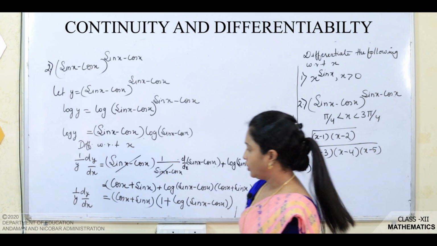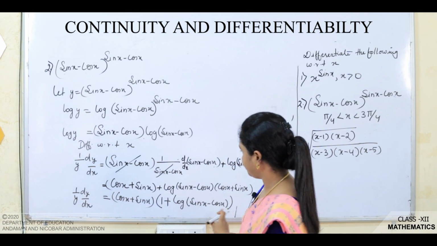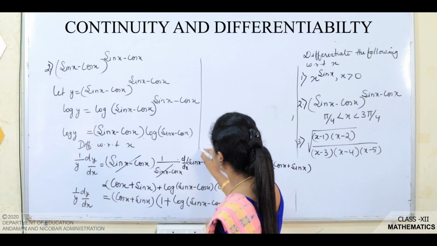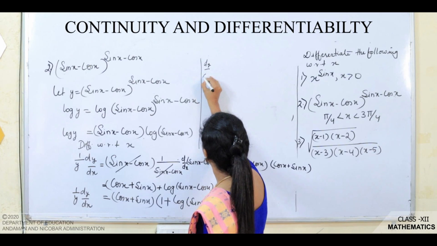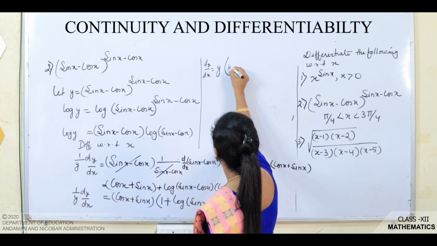Now what you will do? You will multiply this y with this whole term because you have to find dy by dx. So here you are going to get dy by dx is equal to y into cos x